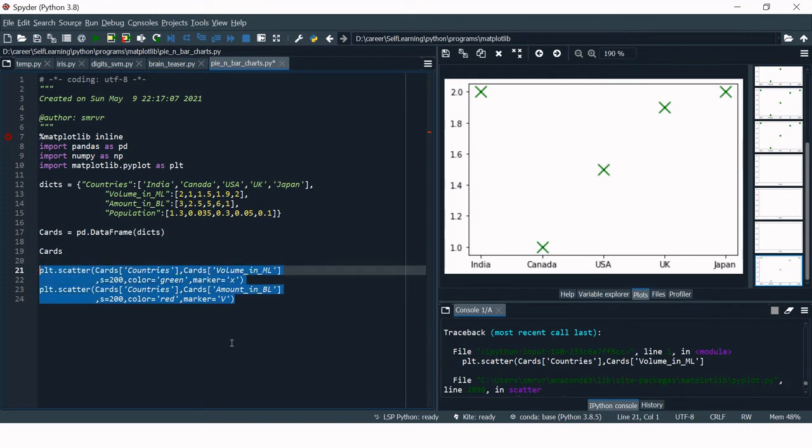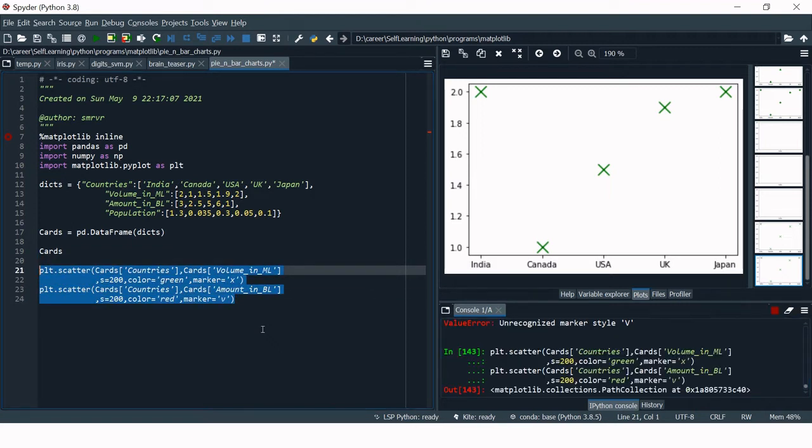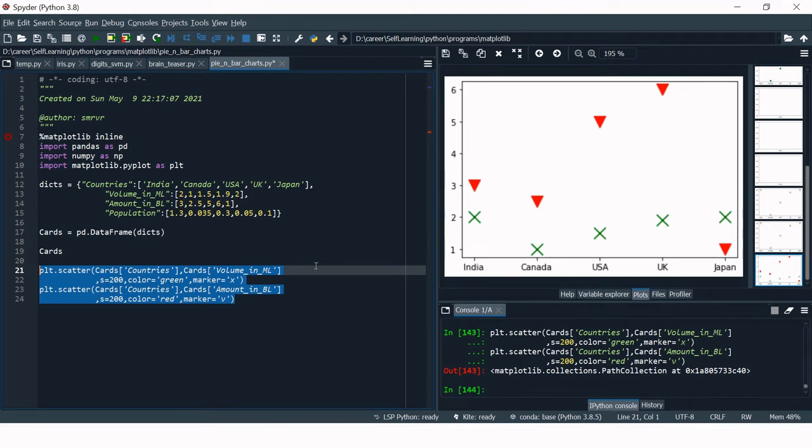So just change those things and run it. There, something is wrong. Okay, I just need to type small v. Capital V is not acceptable over here. Like you can see, the other amount in billion column has been plotted over here.